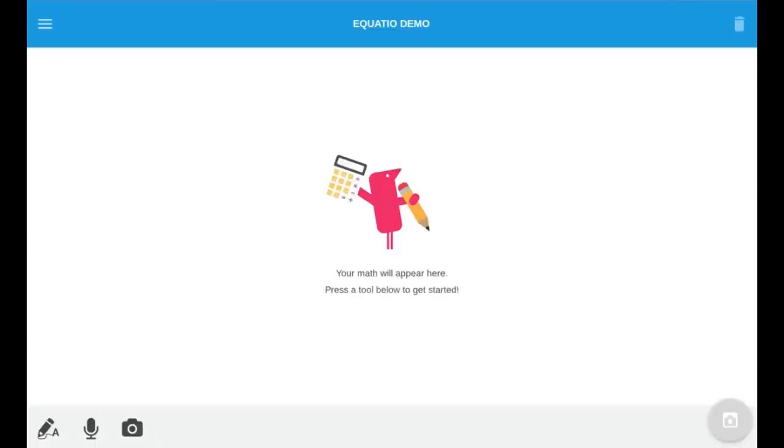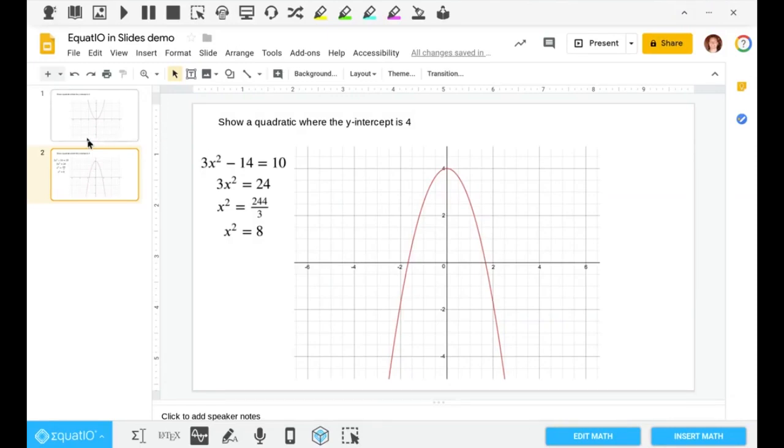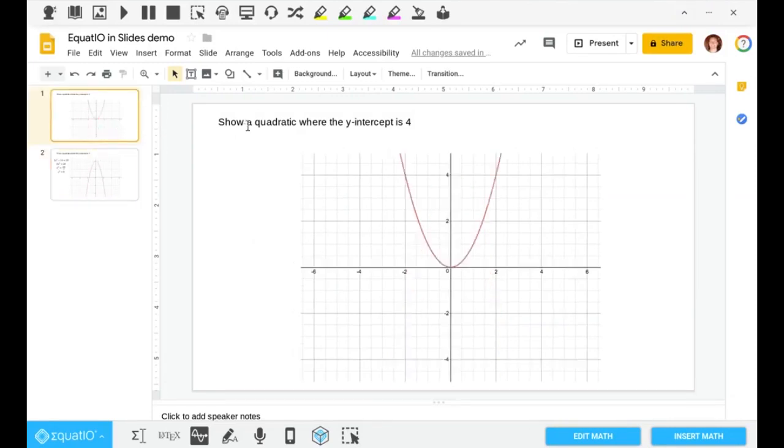So I talked about EquatIO Mobile, but EquatIO in slides is another great thing here. I like to do a classroom document when I've done a demo with a classroom full of students. It makes it easy for them. I give them a prompt and I say, everybody make a copy of that slide. You get your own slide, put your name on it. It's yours to be creative with. And that's really like taking that think, pair, share and amplifying it to the whole classroom because everyone can see everyone else's work.